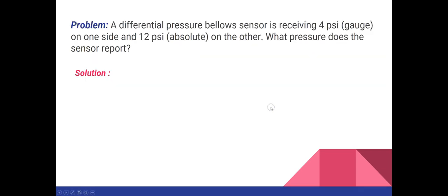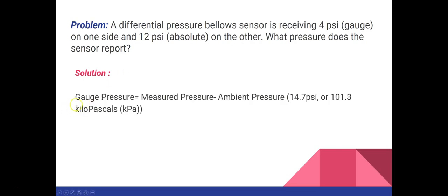Now next we are going to see the problems based on pressure sensors. So let's see this one. A differential pressure bellows sensor is receiving 4 psi gauge pressure on one side and 12 psi absolute pressure on the other. What pressure does the sensor report? To calculate this, we need to first find the measured pressure, and that can be calculated by this formula, which says gauge pressure is equal to measured pressure minus ambient pressure. And ambient pressure, you know that it is